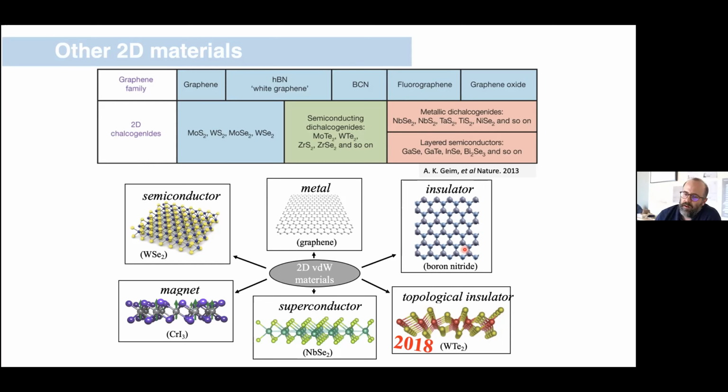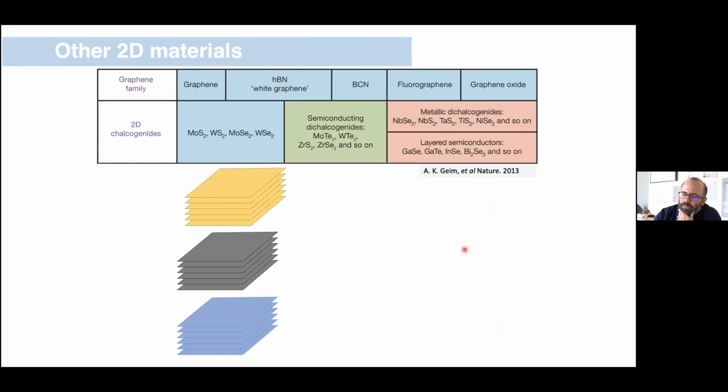And the amazing thing here is that the class of van der Waals materials spans really all material properties that we know about, as far as we know. So not only are these materials metals, insulators, and semiconductors, but they have all manner of other properties. Some are magnetic, some are superconducting, some are topological insulators, and so on. And what's really amazing is that we can isolate each one of them and study them in their own right. But because we know how to peel off a single layer, it immediately motivates the idea that we might be able to realize a version of what I described before: can we take these individual layers and build new structures out of them?